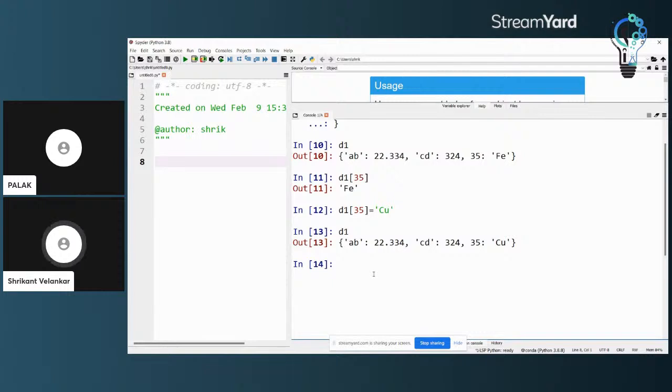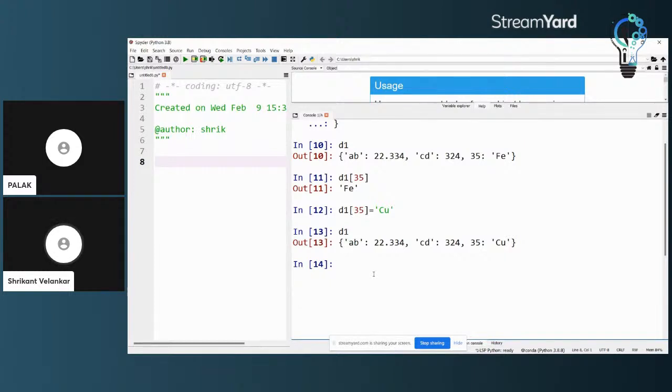What can be the keys of a dictionary and what can be the values of a dictionary? A dictionary key can be any data variable which is not mutable, and a value can be any data variable which is either mutable or immutable. In fact, values can be anything: integers, strings, floats, complex numbers, tuples, lists, anything.